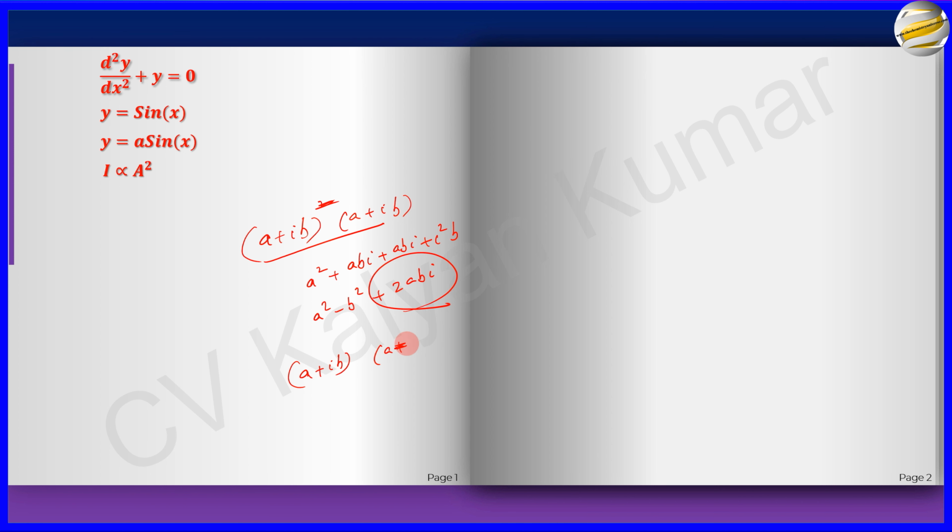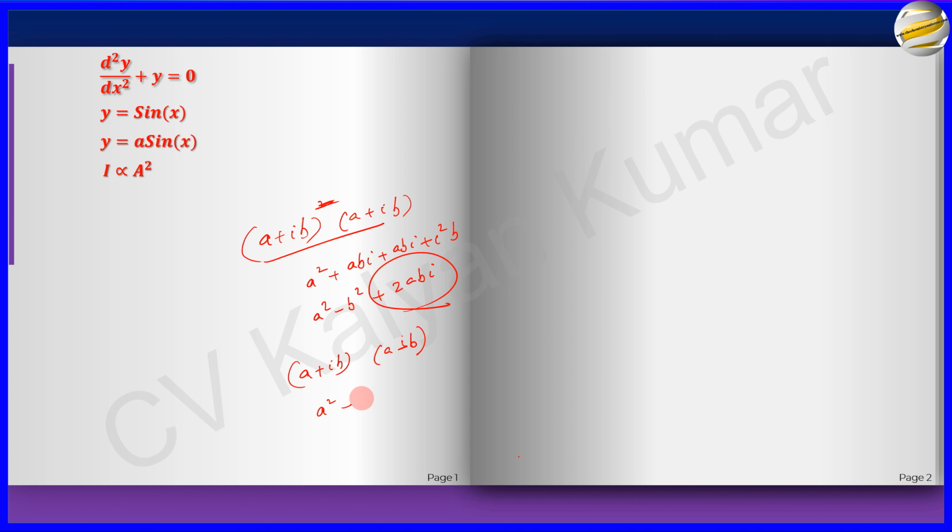Now conjugate means, let me get this right. The conjugate means a plus b into a minus b. So complex conjugate always means that the real term remains the same in both, but the imaginary term becomes negative of the previous term. Now this way, what happens is when I multiply these two, I get a square and